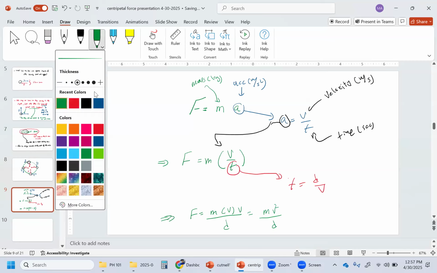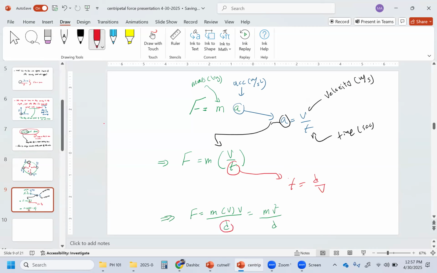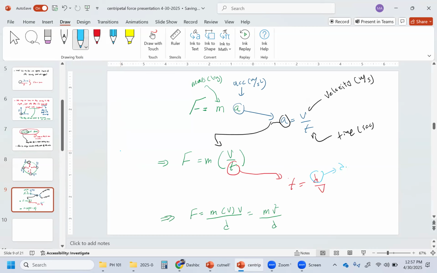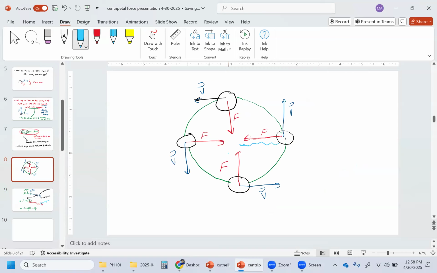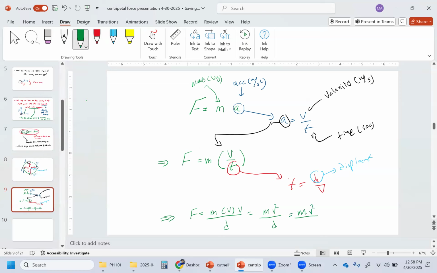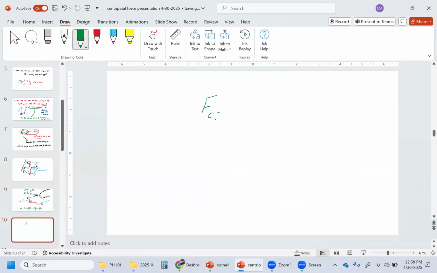Now, what's d? d is your displacement or your distance. Again, we defined d as displacement or your distance. Now, what's the displacement? Well, we look over here. It is right this area, right over here. This length right over here, which is called what? We call that R for radius, which is going to be in meters because it's defined as a distance. So we can come into our little equation and say this is going to be mv squared over R, where R is the radius. And that gave us, ladies and gentlemen, our equation for the centripetal force, which is mv squared over